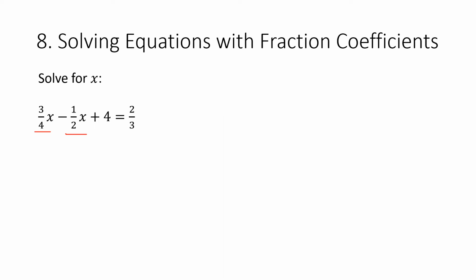So to combine these two, 3/4 x minus 1/2 x, first we need to convert that 1/2 into a fraction that has a common denominator with 3/4. We're going to do this by multiplying the 1 by 2 and the 2 by 2. So we're going to multiply both the numerator and the denominator by 2, and that'll give us the common denominator of 4. So now we're going to have 3/4 x